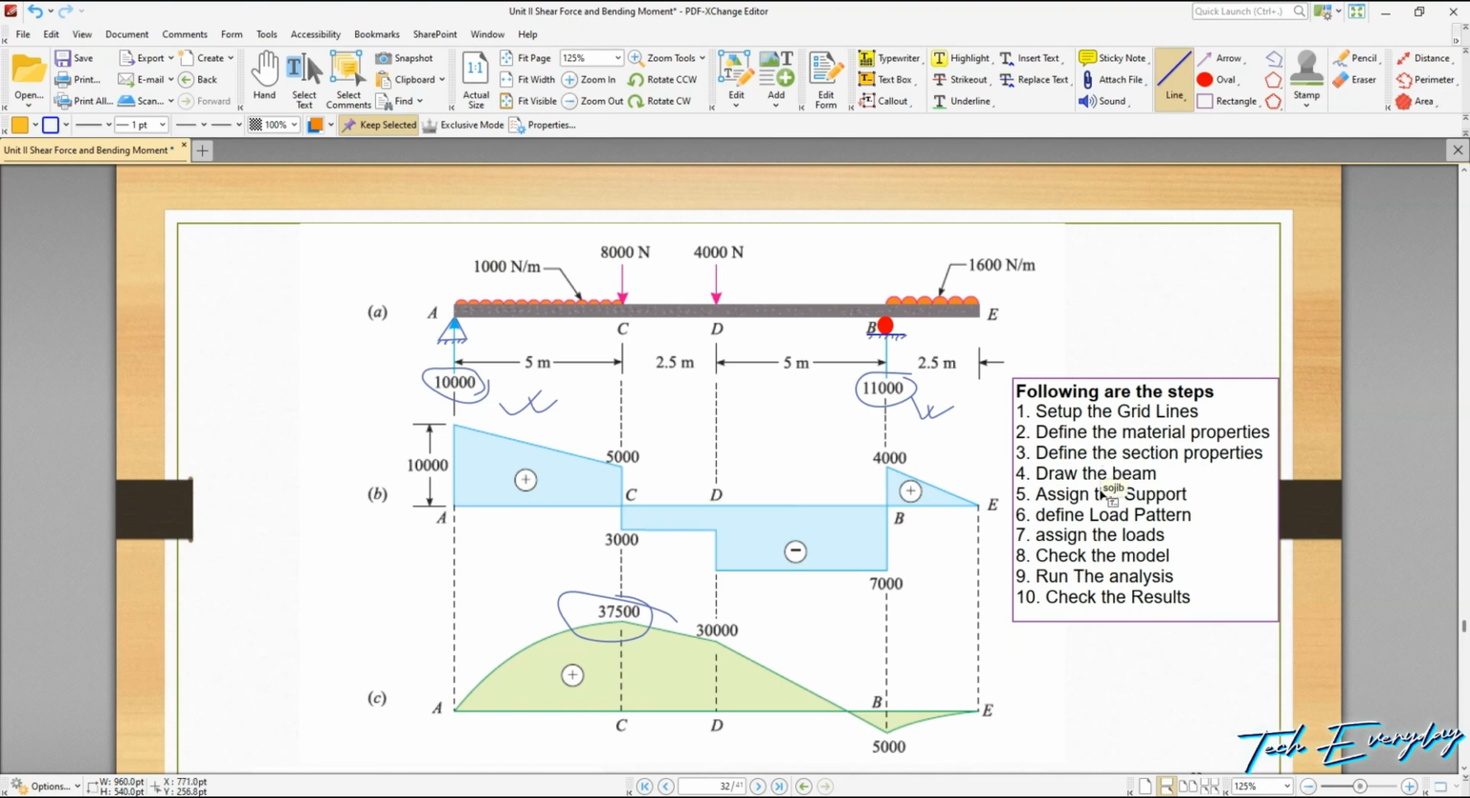so to do this model, we need to follow some 10 steps. First, we will set up the grid lines. Second one is define the material properties. So we will assume the beam as a concrete rectangular beam, and the section will be like 300 wide and 350 is depth, and the other properties like concrete compressive strength will be